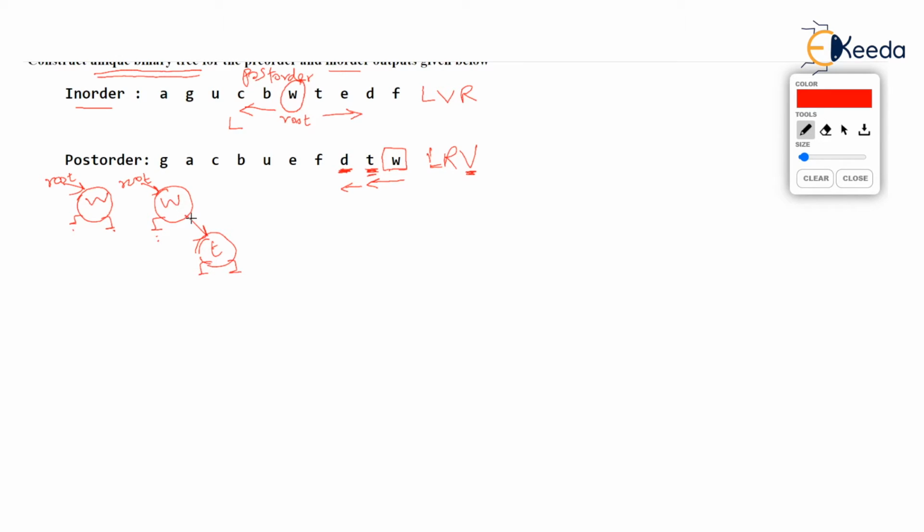But right of W is T. So we leave W, we leave this root, and we check T. And we check where the new value D is with respect to this value T. It is to the right again, isn't it? So the new value, that is D, should get added to the right of T, and right of T is, by the way, empty. So we come to a conclusion that the new value D has gone to the right of T, with all the other pointers null.